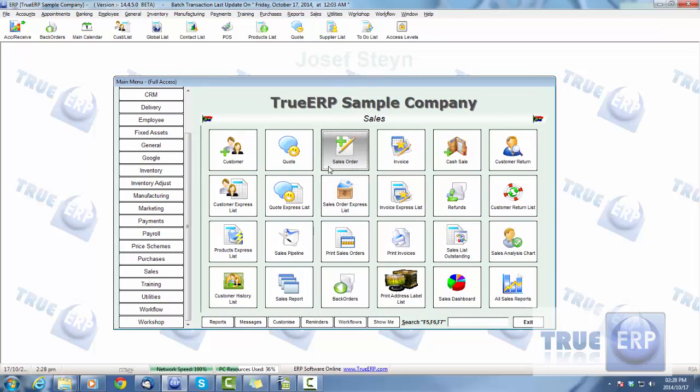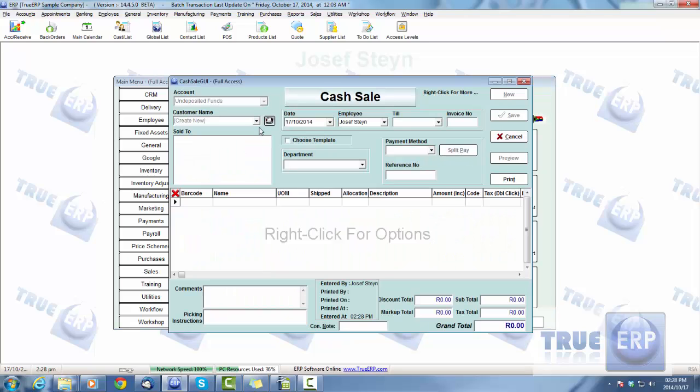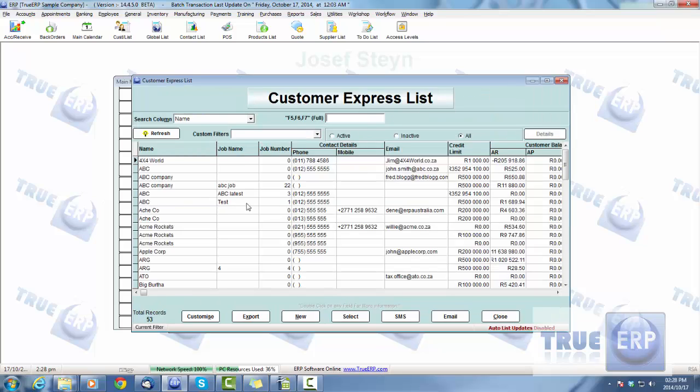So there we go. You can create your quote, go into your sales order. From your sales order, you can go into your invoice. You can even do cash sales. So we can do a cash sale by clicking on the cash sale button, popping in a customer,